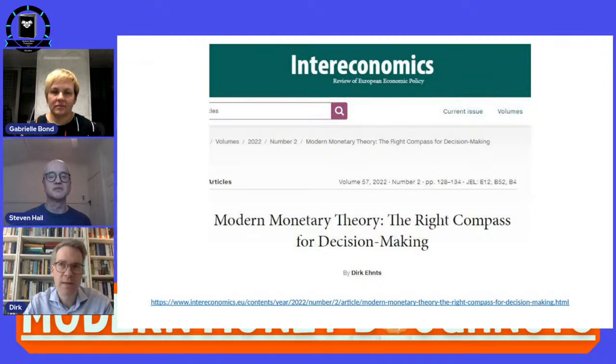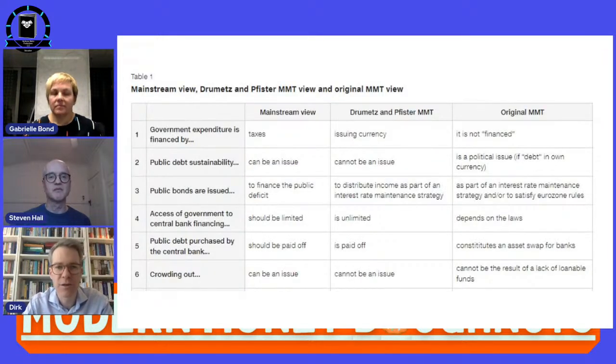But the problem is that they have read parts of the MMT literature, like some essentials. They also read a paper that I wrote about Georg Friedrich Knapp, the chartalist economist from the 19th century and early 20th century. But they were kind of lost in the details. And they created this table where they said, okay, this is what MMT says, and this is what we say, or what the mainstream says. Yeah, there it is. And apart from one row where they got it right, there were many rows where it was not correct, or at least it is debatable whether it was correct in the framing that they used with those mainstream words.